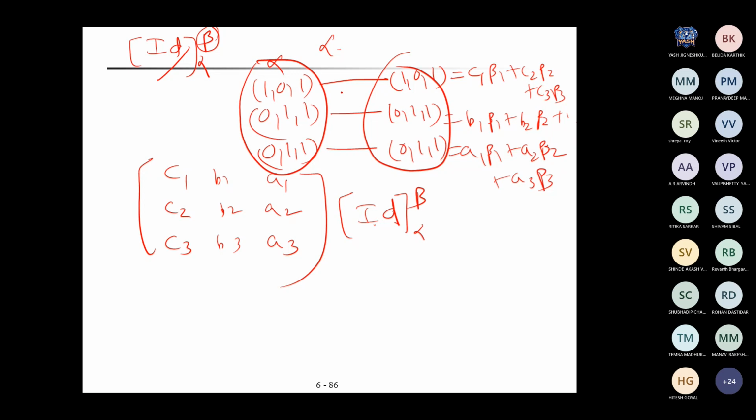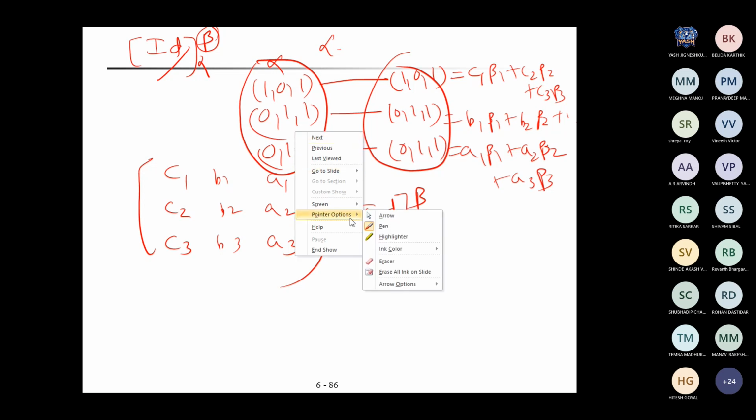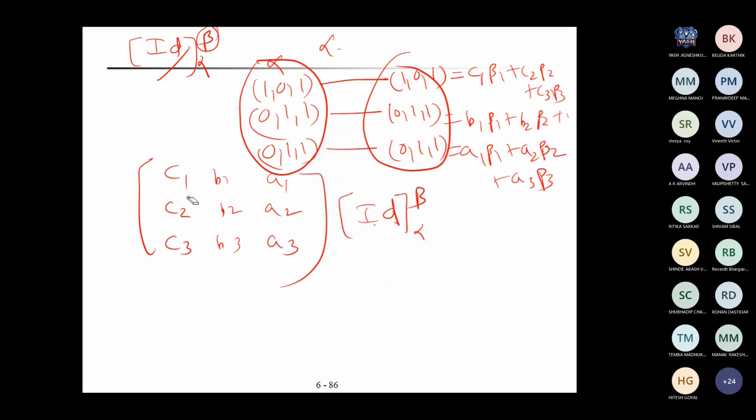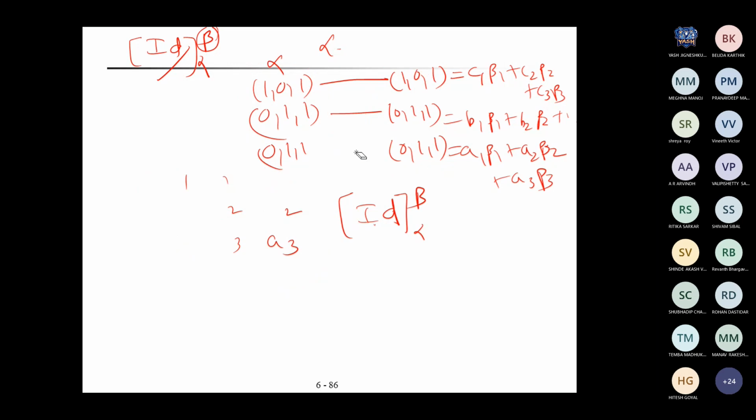So under the identity transformation, I'm finding the image of each and every element in the basis alpha. After finding each image, I represent it as a linear combination of the beta basis. While doing that, find the coordinate vector in each case and form it as a column of a matrix. And that matrix is called the associated matrix. Okay?